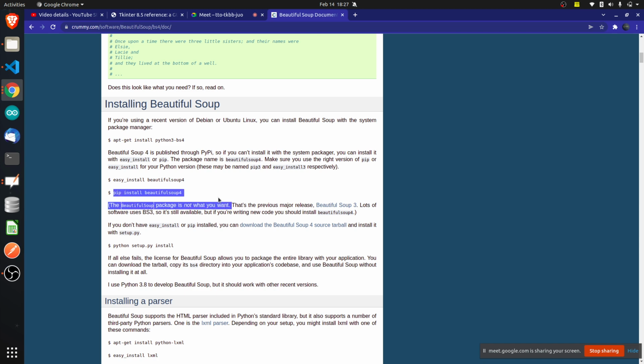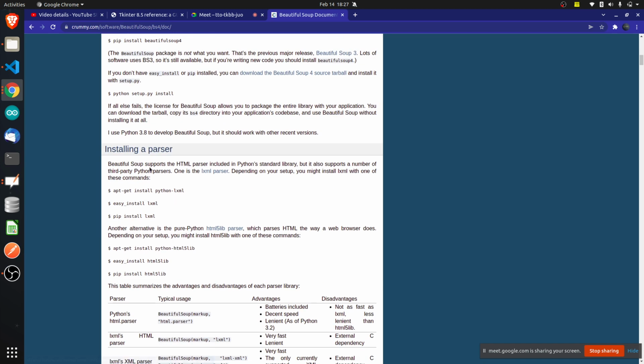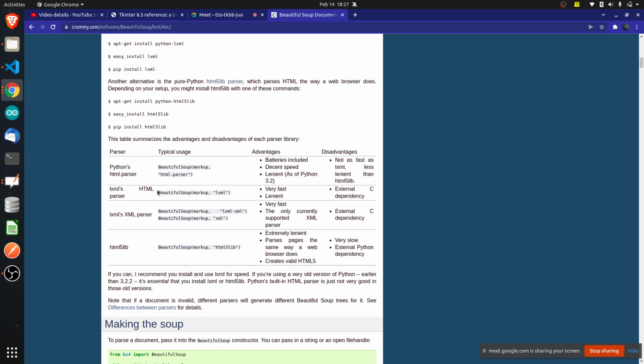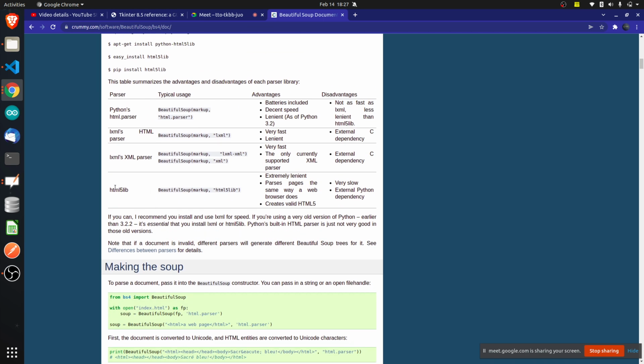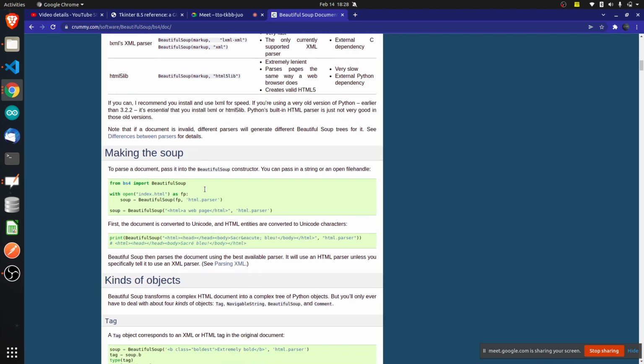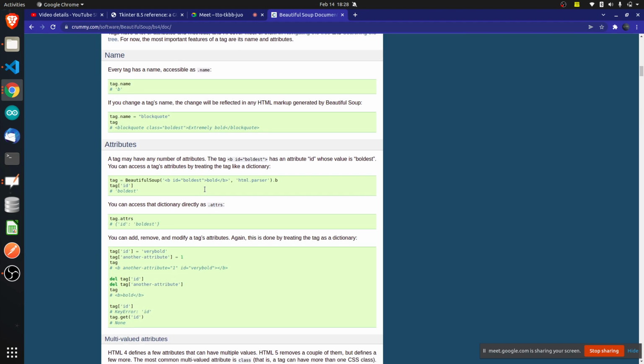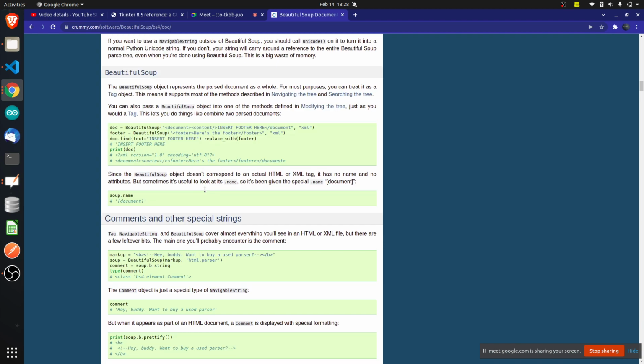If you type this line, it will be installed. Installing a parser is not required. You can use the html5lib parser also. This is one parser, and html.parser is another parser which is available. There is not much difference between parsers, only in how they scrape.